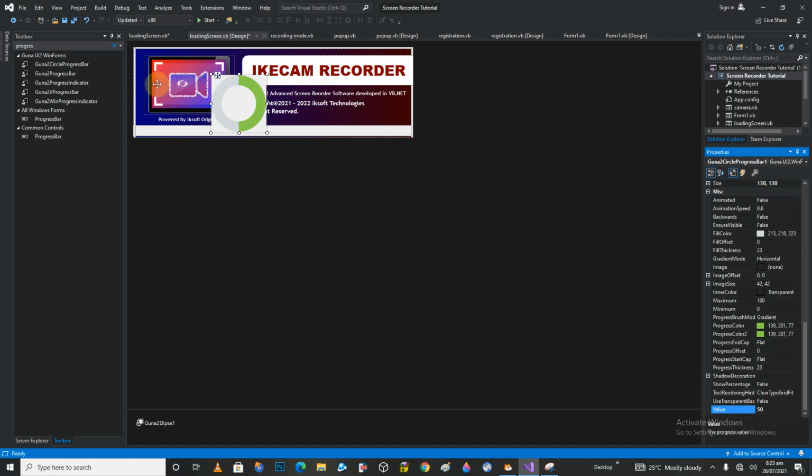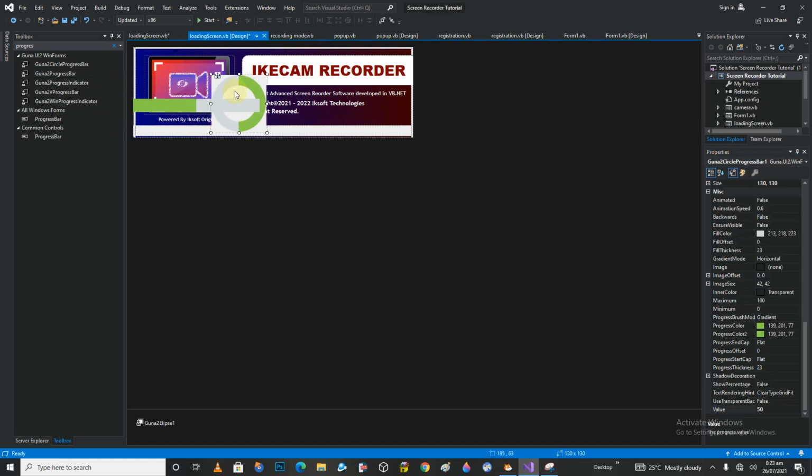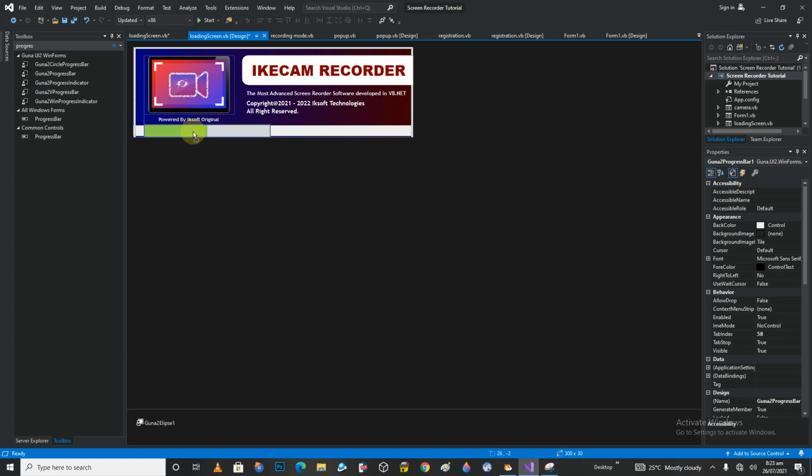So this is the indicator for this circular progress bar. Let's see this progress bar itself. So let's set the value to 50, then let's see what happens. So I think I really love this because I can change the colors. So let's get rid of this guy, then let's bring this guy to the bottom here. So let's just push it a little bit like that. Good. So that is going to be like this. Push this here and push this right here,